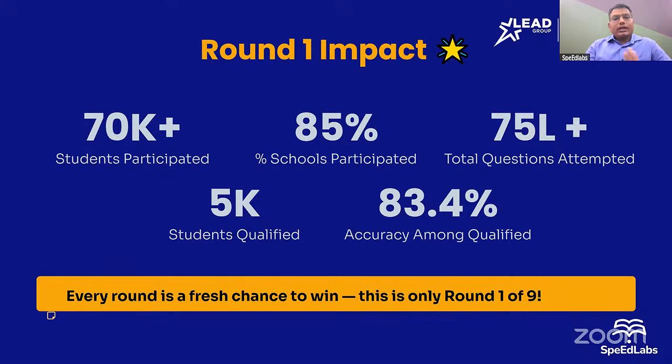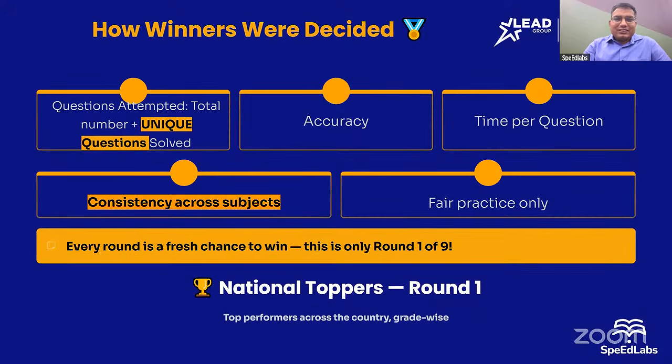Don't worry, those who were not able to qualify in the first round, the second round is also going on. Make sure you are doing consistent questions, unique types of questions, and keeping the accuracy really high. So first of all, congratulations to all the students who participated in round one. No worries for those who did not qualify in round one. The second round is going on, and still 5 more days are left. You can practice all types of questions, all the subjects.